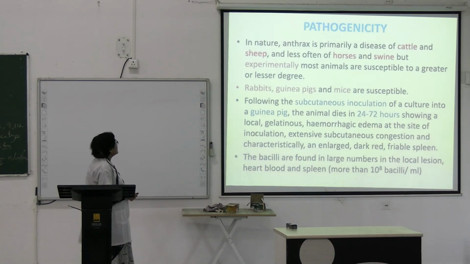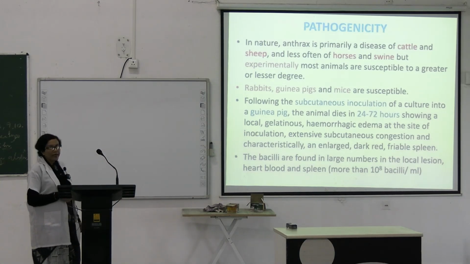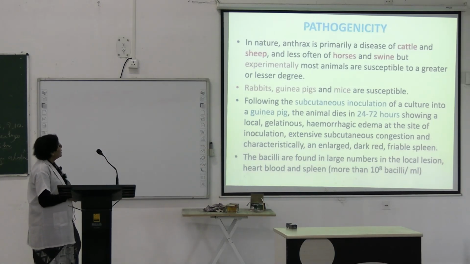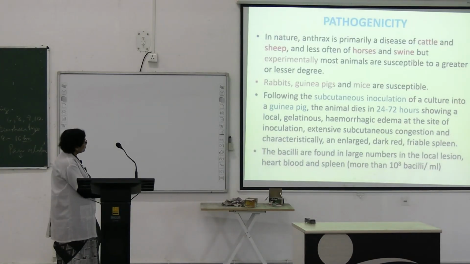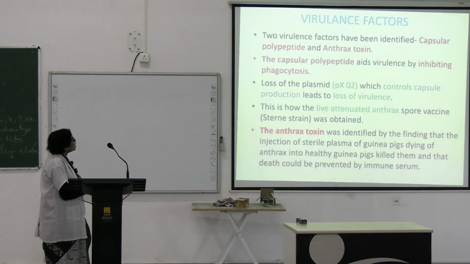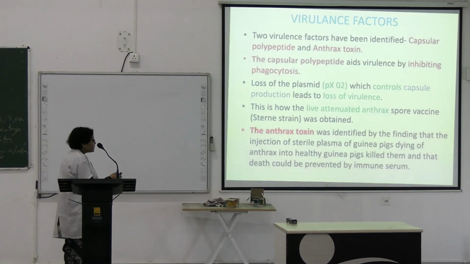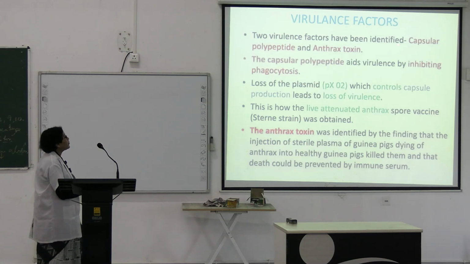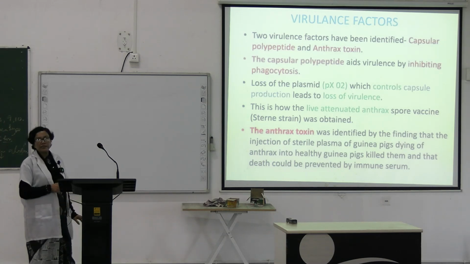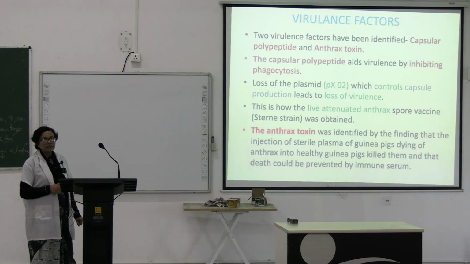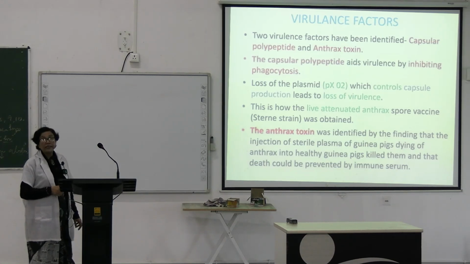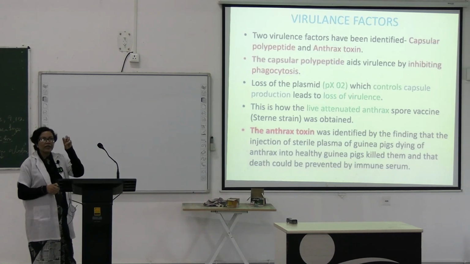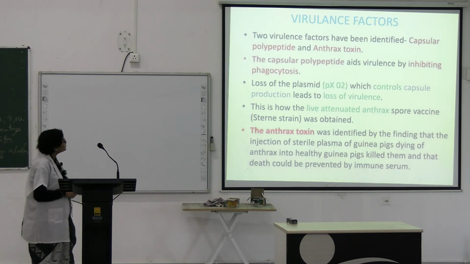Pathogenicity. Disease in anthrax. Anthrax is primarily a disease of cattle, so zoonotic disease. Virulence factors. Virulence factors are capsular polypeptide and anthrax toxin. Capsular polypeptide is a virulence factor. It inhibits phagocytosis and opsonization. ক্যাপসুল থাকার জন্য অন্য ব্যাকটেরিয়াকে খেতে পারছে না বা অ্যান্টিবায়োটিক কিছু করতে পারছে না।